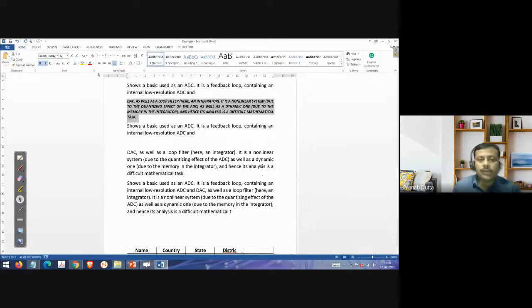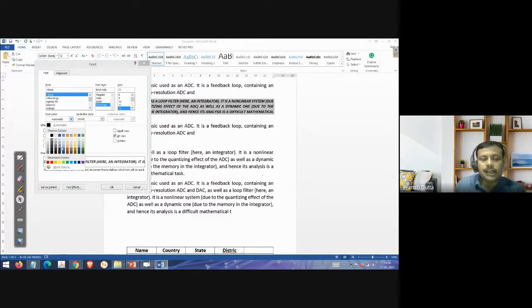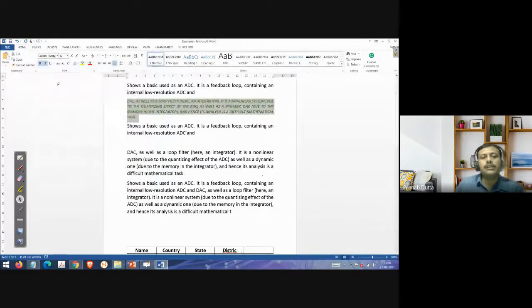So we can do it from the front here, and go to whatever you are selecting from an effect, right? I can change the color also by selecting the color. Which color? Suppose I want to make it green, so I'll just click green, right? Like this, whatever you want, you can easily change it. This we can do from this command also directly.